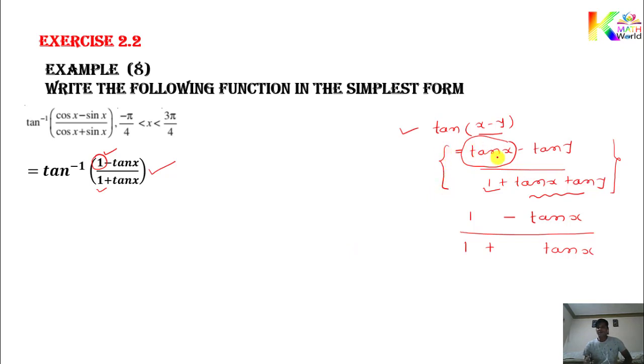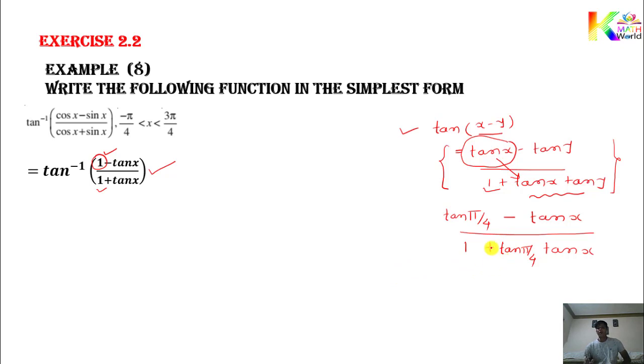We require the function in terms of tan. So 1 can be written as tan pi by 4. So here I am going to write tan of pi by 4. Then tan into tan is required, so here 1 plus, this one also required, so this one as it is. Now plus tan into tan, this tan x is already there. We require tan pi by 4. What is tan pi by 4? That is 1. So you can consider this tan x as 1 into tan x, and that 1 can be written as tan of pi by 4.